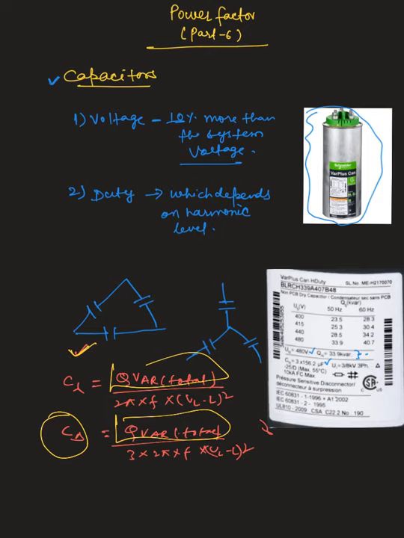In the next video, we'll be understanding more about how to arrive at this kVAR value for the given amount of load. Suppose there are 10 loads in your system and they are requiring a certain amount of kVAR, and you want to improve the power factor of the system. So how to arrive at the required amount of kVAR, and that in other terms is also called APFC bank sizing, that we'll be understanding in the further videos.